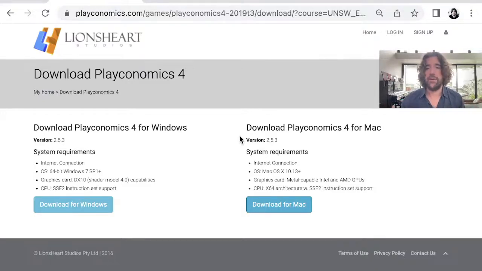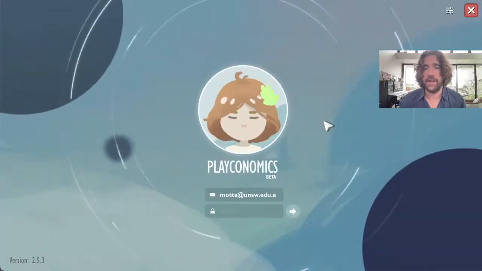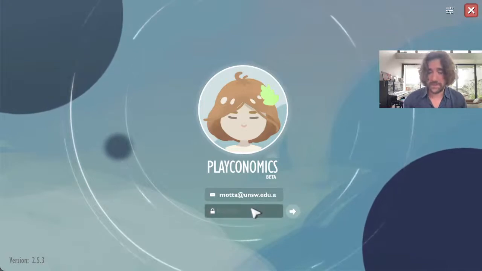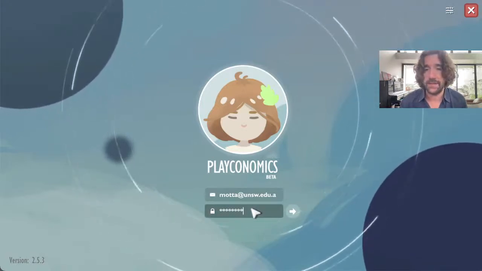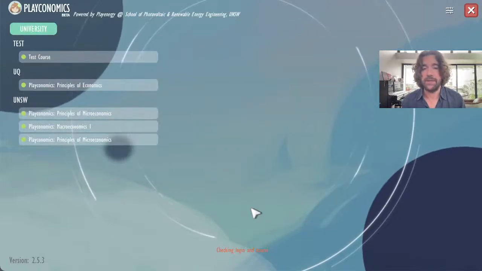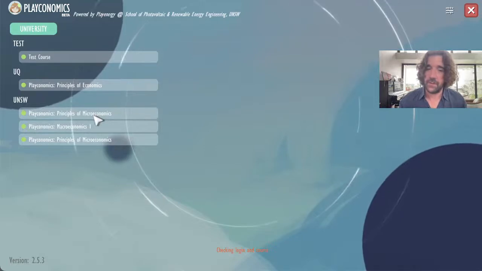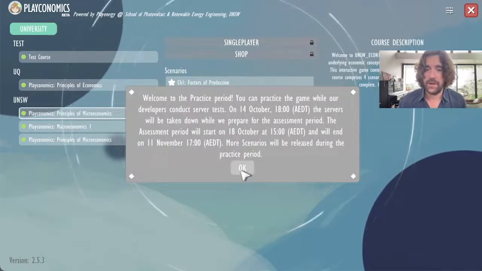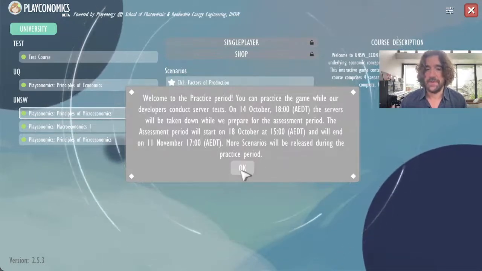After you download the game, you are going to find yourself facing this login page, which is very simple. You can use the same login and password that you use to access your ebook and the Playconomics website. Again, here I've got more courses than you're going to see. You're going to see only one, this one here, because this is Econ 101 at UNSW. So this is the practice period. As I was saying,